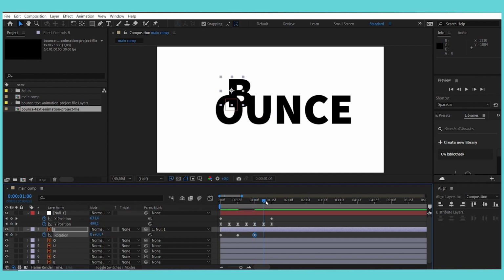Then I go to my last keyframe here and I set this to -1. And now you can see it rotates. That looks very good. Then I select all the keyframes here. I press F9 to create a smoother transition,